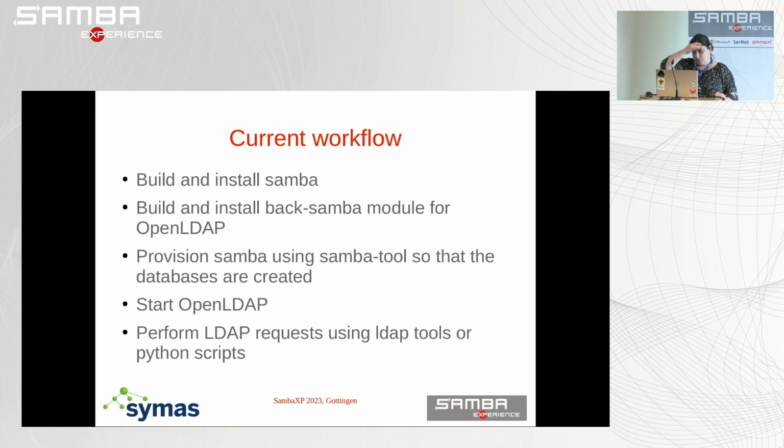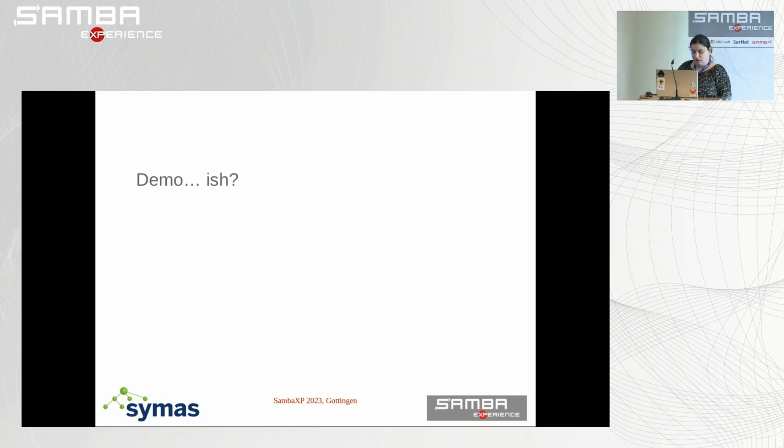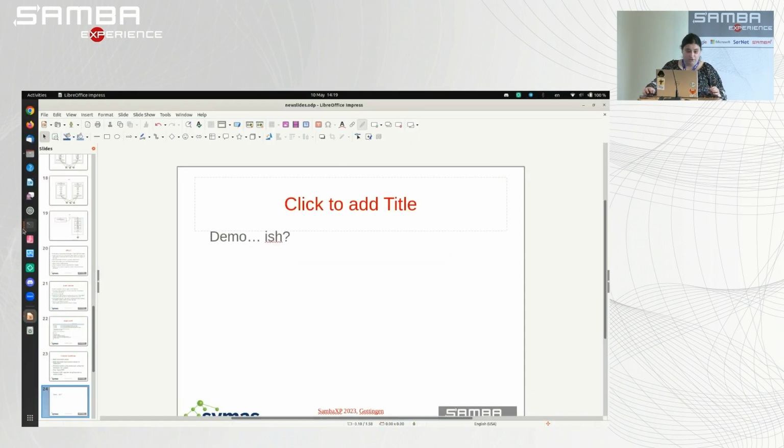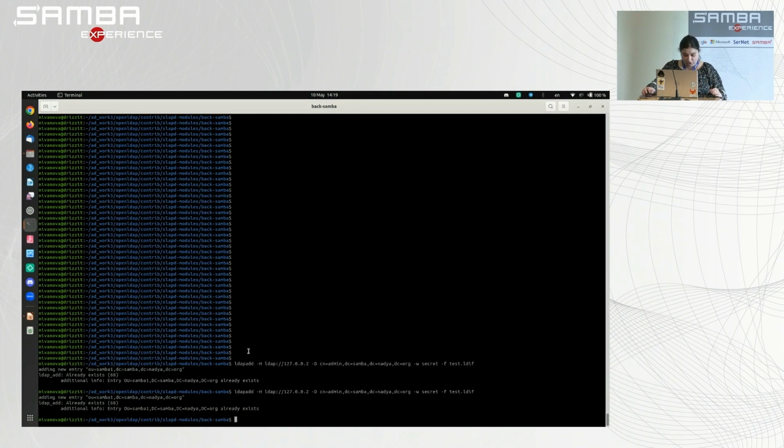So what's the current workflow? We build and install Samba, build and install OpenLDAP and back-Samba, provision Samba with Samba tool, start OpenLDAP, and perform LDAP requests using LDAP tools or Python scripts. Something like a demo. It's demo-ish because essentially I managed to get this working 5 minutes before the end